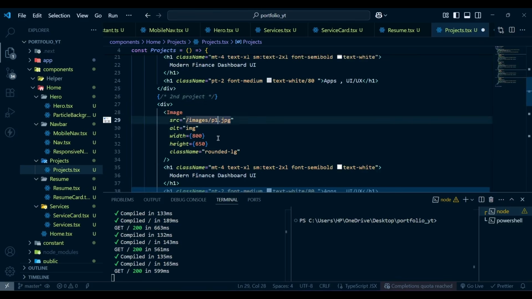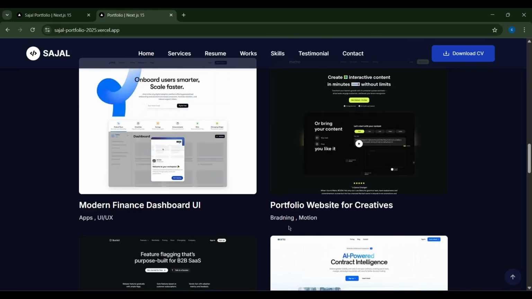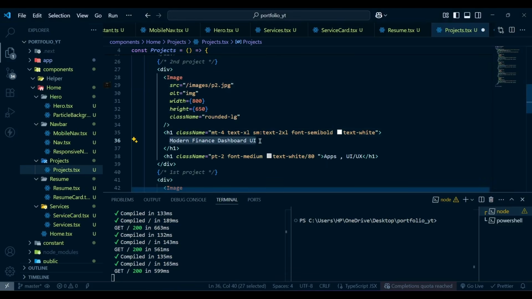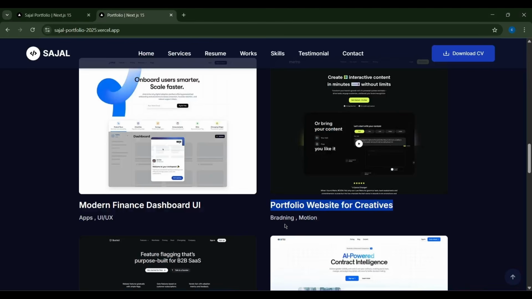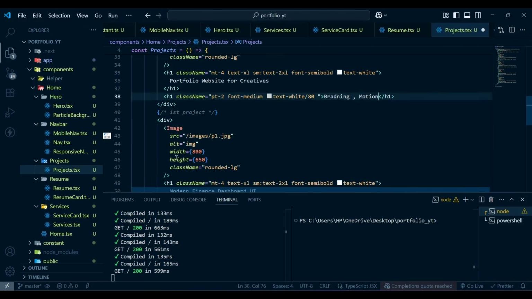The image will be p2.jpg. The text I'm going to copy it from here, and I'm going to paste it here. And this one is branding and motion, so add this here. Then this is our third project,